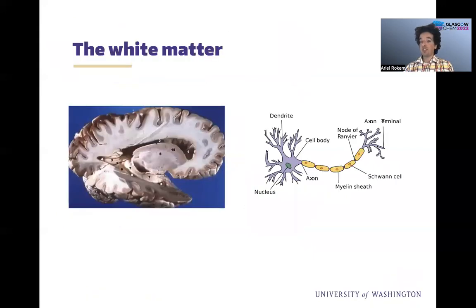But since the 19th century, we've learned a lot more about the biology of these connections. And we now know that the white matter that comprises the internal portion of the cerebral cortex contains the axons of neurons whose cell bodies reside in the cortex and in subcortical regions. And what lends the white matter its color is primarily the myelin sheath that wraps around the axons and provides electric insulation